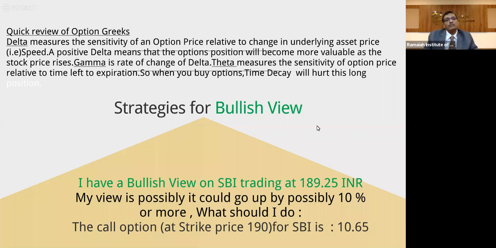But for people who sell options, suppose I sell an option at 1,000 rupees and my view is bearish. I say that this will become 200 over a period of time, and I'll sell at 1,000 and buy at 200. This time decay is actually beneficial, because when I sell at 1,000, I want to buy it at a cheaper rate. And after 15th, when the time decay accelerates, as time goes by and the intrinsic value does not increase, time decay actually aids the option seller. So that's very interesting to note.